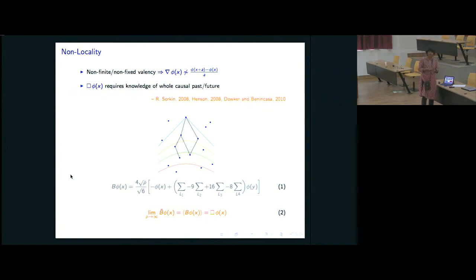I can try to explain this a little bit more later. For example, I've drawn for you the 3 layers up close, and if you write down this operator here, which is the discrete box operator, it has this form where you sum over one set of layers and you've got this coefficient to subtract over another set of layers, and so on. This is an alternating sum of this kind. And in this limit of the density of the sprinkling or the cutoff going to 0, you recover the continuum D'Alembert. But when you have a finite rho, then you have effects of non-locality.